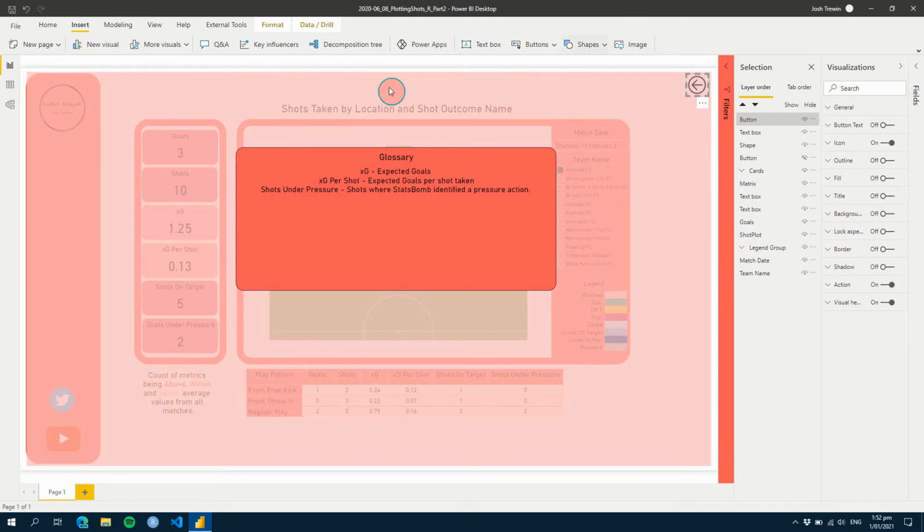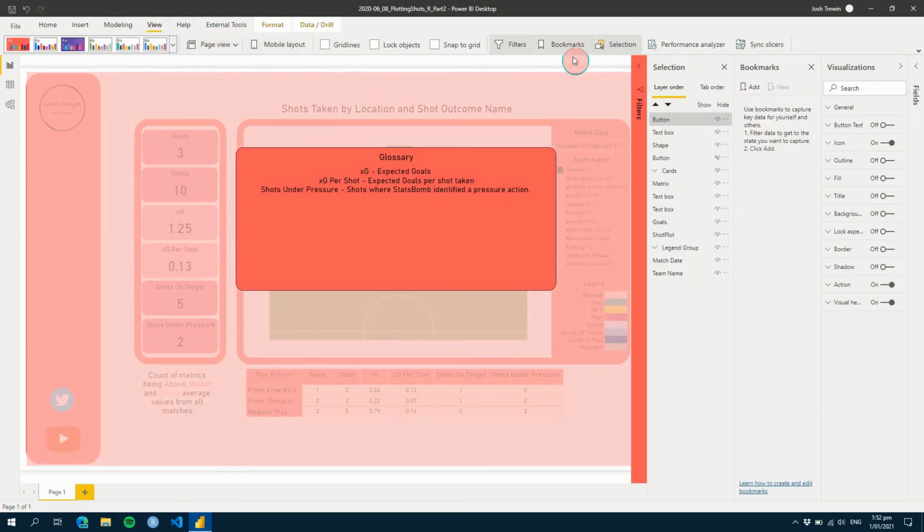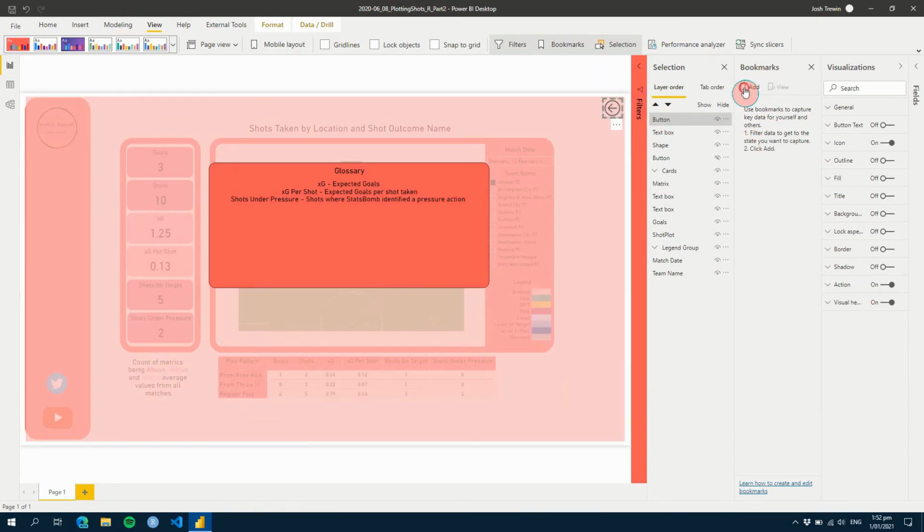And then you are going to go again into View and hit Bookmarks. What you can do is just go Add. We can just call this information. And then all you need to do is you don't need to show the data, sorry. And I think it's display as well. So we've got both of those, and then the next thing we'll do is